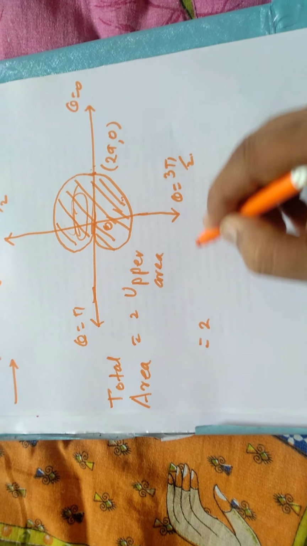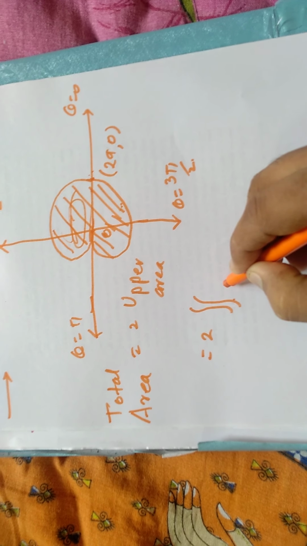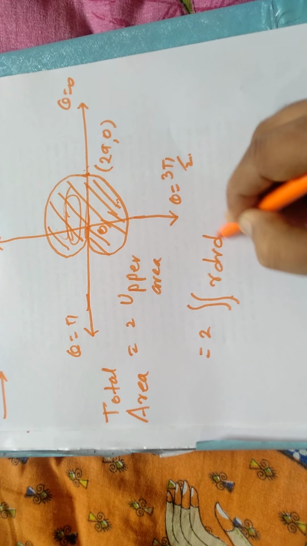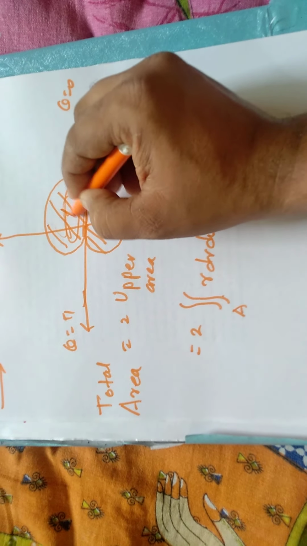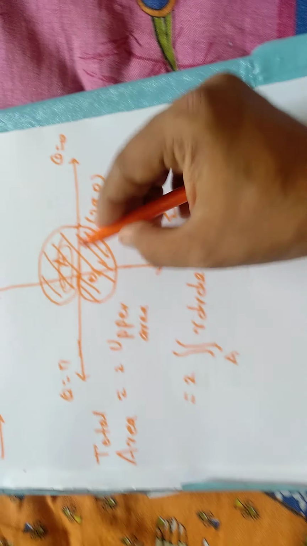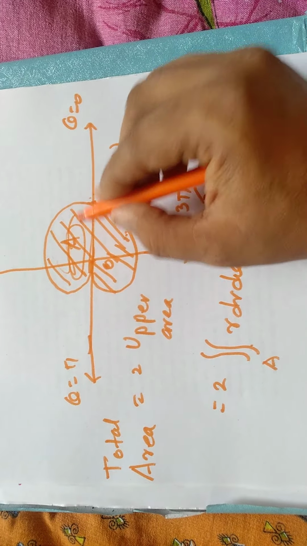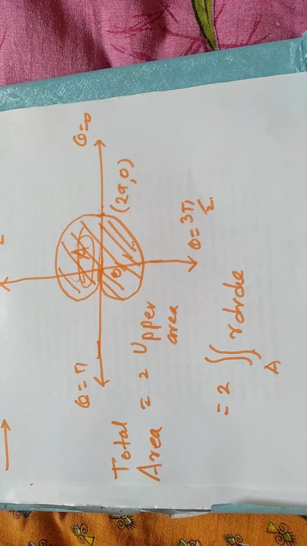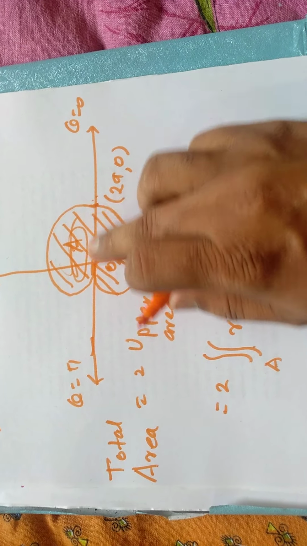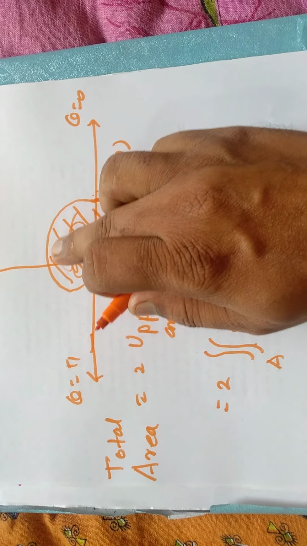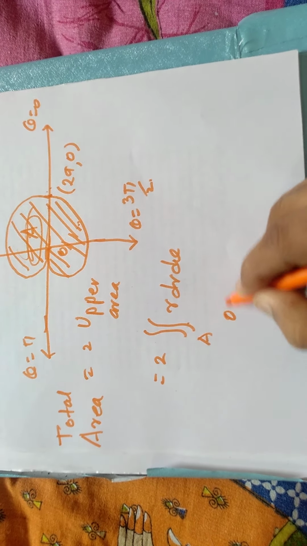Now the area bounded by the cardioid, which is a polar equation, in terms of double integration is given by double integration r dr d theta over the area A. Okay. So your area is now this upper area. Now we have to find the limits of integration, that is the polar limits r and theta for this area. Correct? So it is your observation. If you observe carefully, for a point lying on this theta equal to 0 line, the theta coordinate is 0, and now we have to move like this up to this. So your theta coordinate varies from 0 to pi.